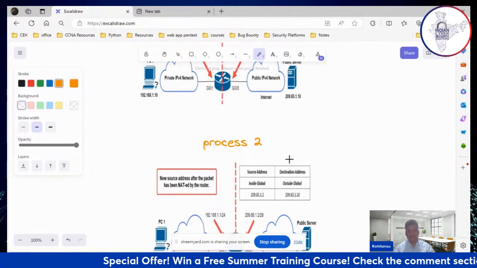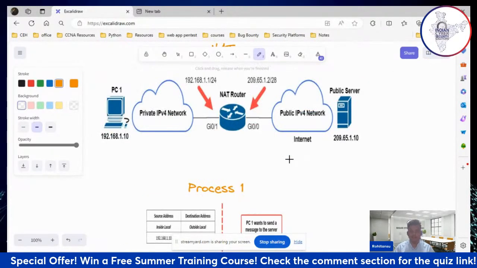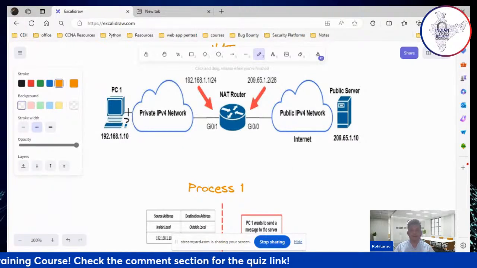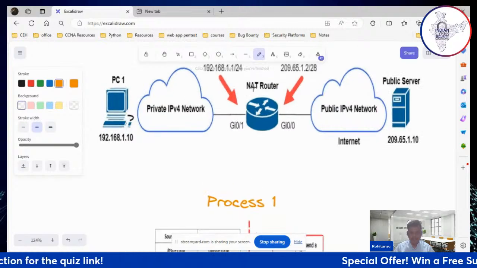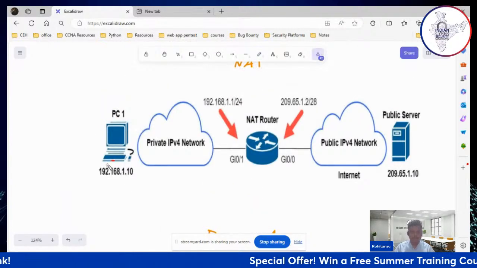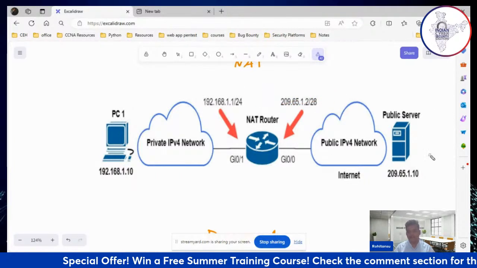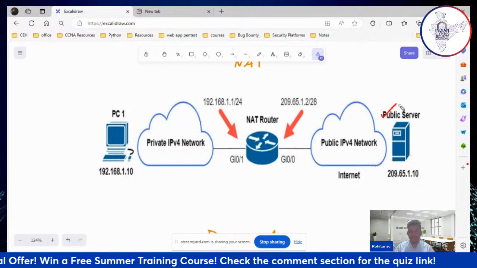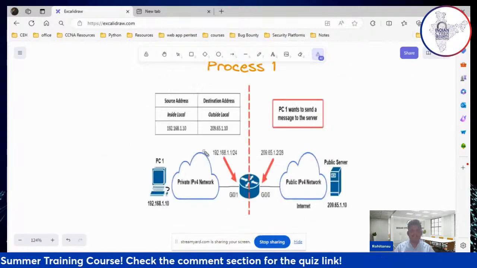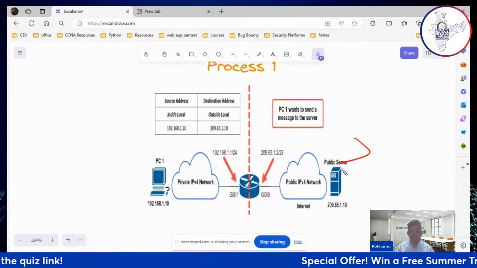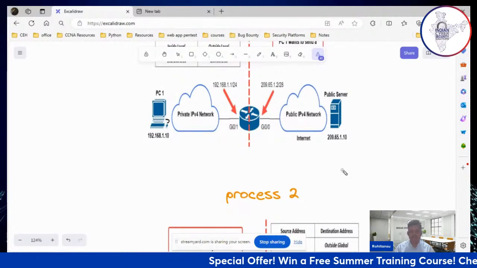So NAT, network address translation, can be of different types. We have static NAT, where we manually exchange IP address, one private address. You can see this example. So this private address is converted to this public address, and it goes to the internet and brings data from the public server. That is what we call as the static NAT. This is the inside part. This part is the inside one, and this side is the outside one. And we need to do the configuration for it.